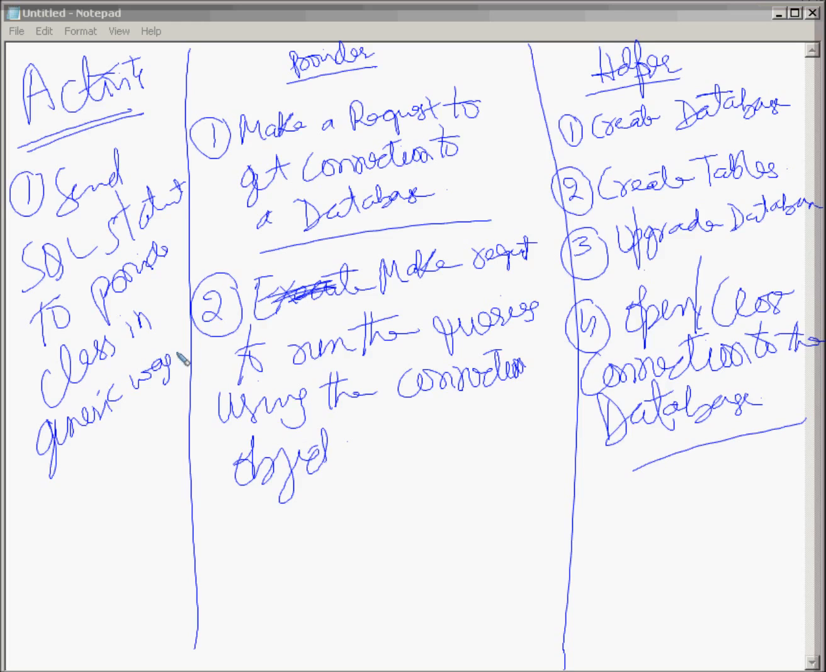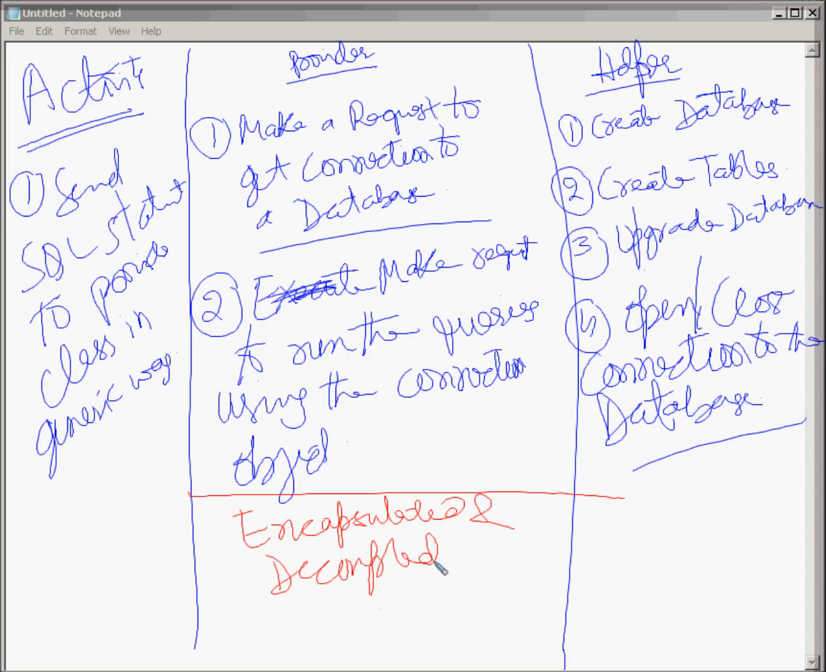Okay, so this approach is used, call it an encapsulated and decoupled design for database applications. Now, many times on the internet you will find that there are a lot of database applications on Android